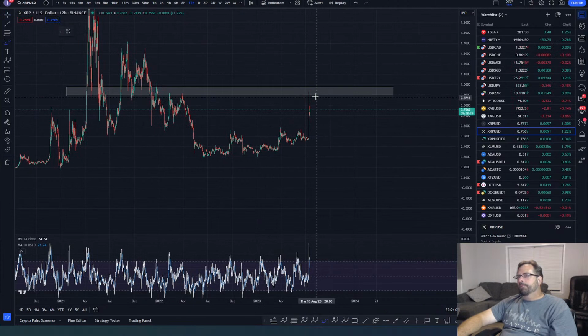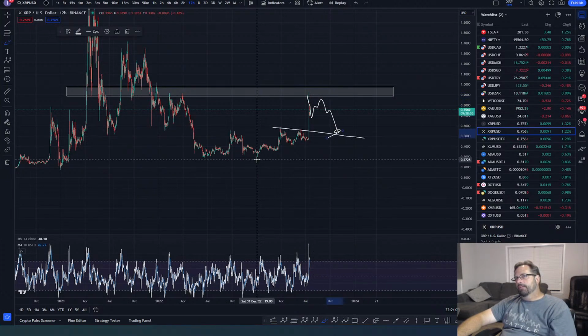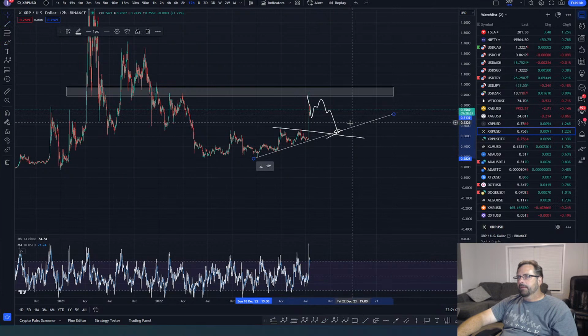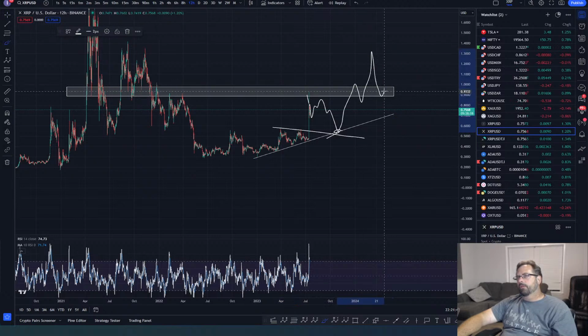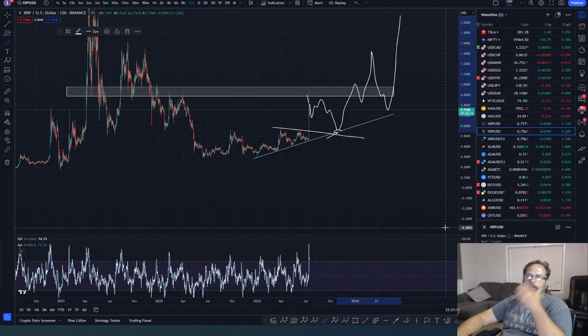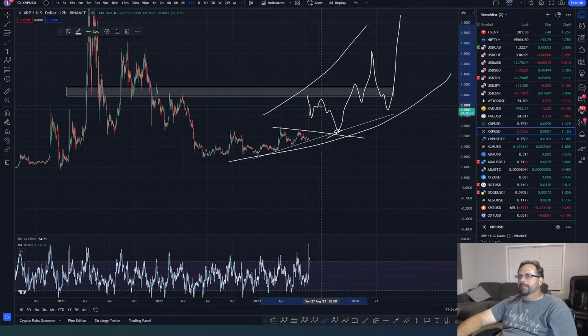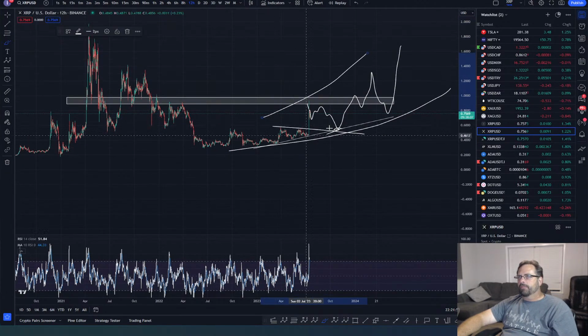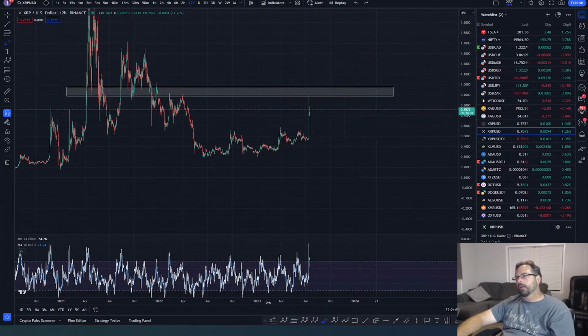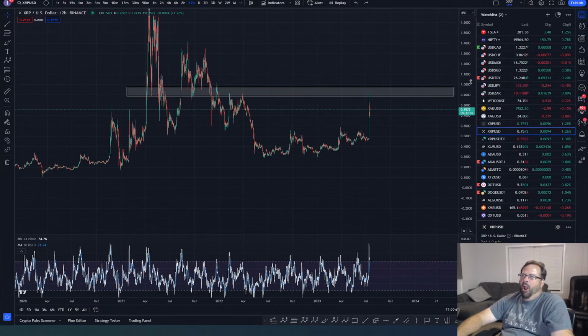More than likely, this is going to play around, get some rejection, retest this high right here, and then come back down. That trend may be respected. If it gets respected, great, then we're looking for some more movement to the upside, right? It could totally keep trending to the upside. But guys, the way XRP historically moves, this is the way. I don't think we're looking for this. Is that possible? Sure. It's always possible.